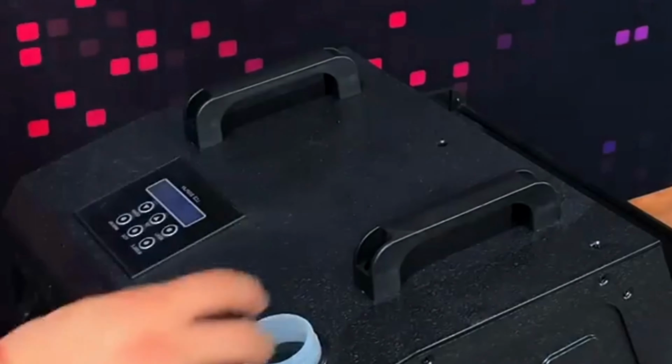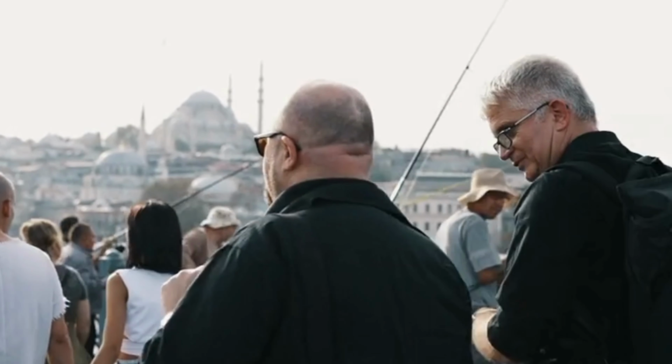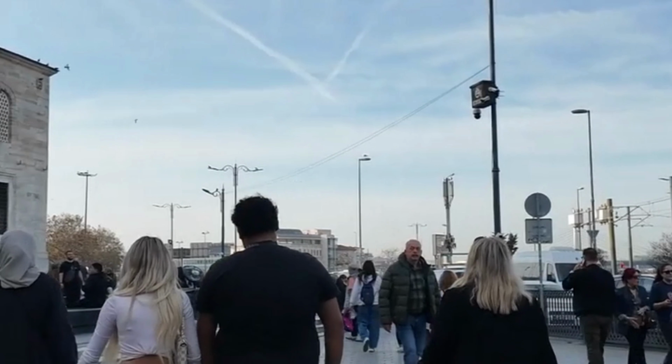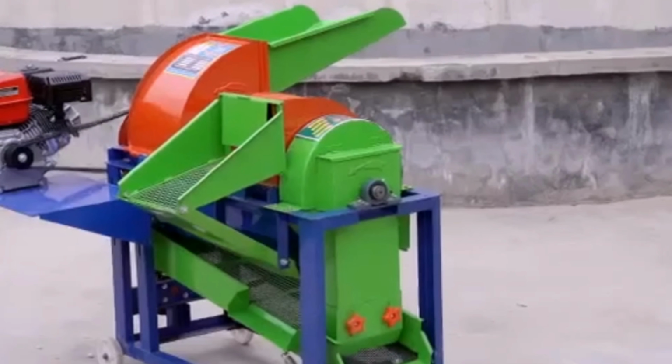Can you imagine generating income with something as simple as a bubble machine, a bottle cutter, or a small block maker? It sounds incredible, but thousands of people are already doing it from home, without stress and with affordable investments. That's why today I'm going to show you 23 machines you can use, build, or rent to make money without